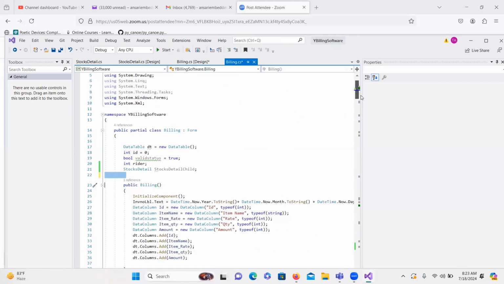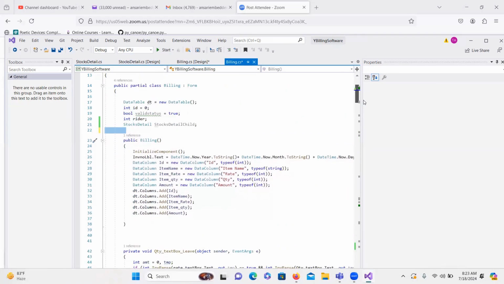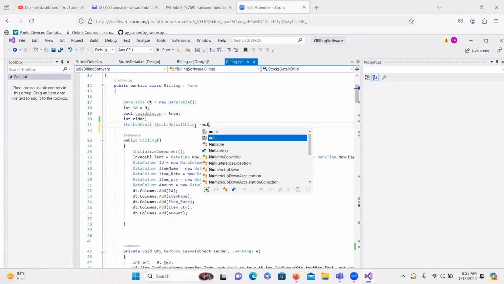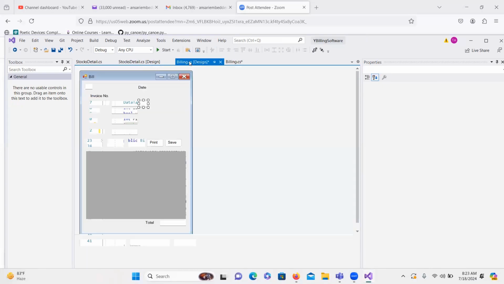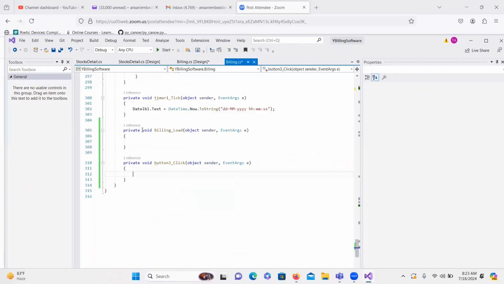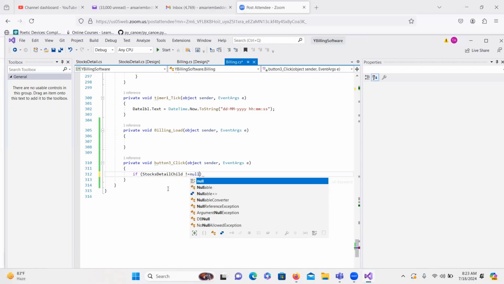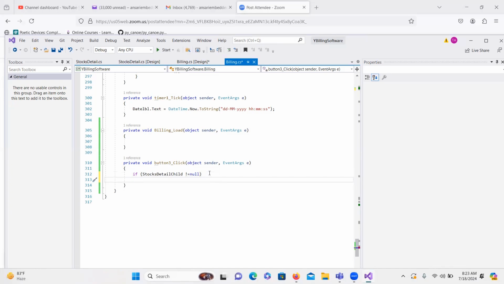So what we can do, stock details child equal to null initially. When we want it to happen, just copy here. Then when this is clicked, if it is not equal to null, then